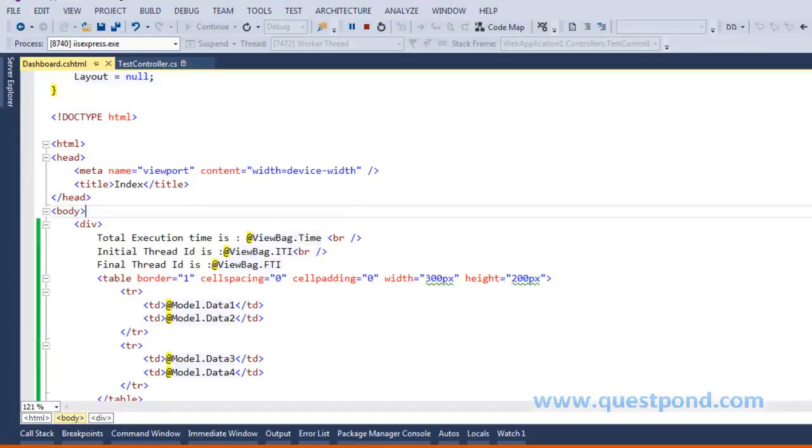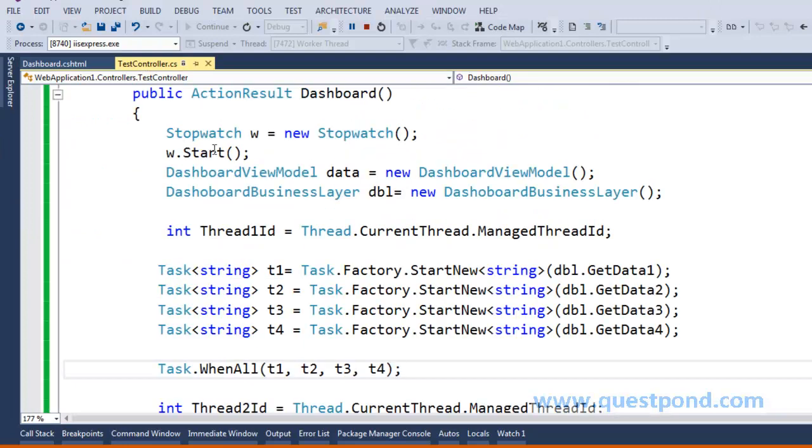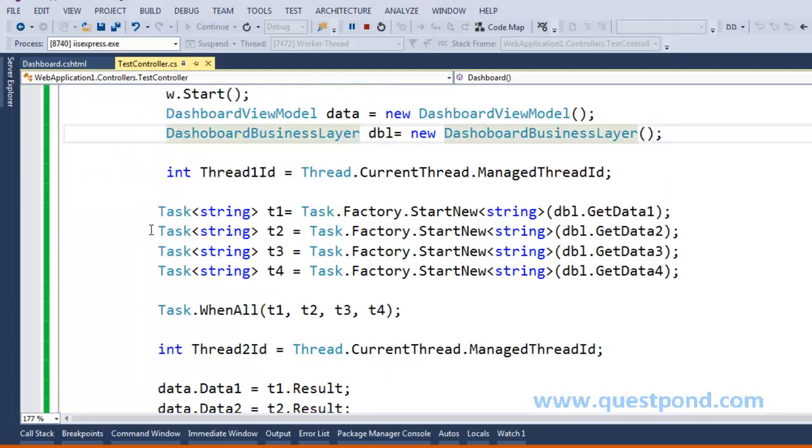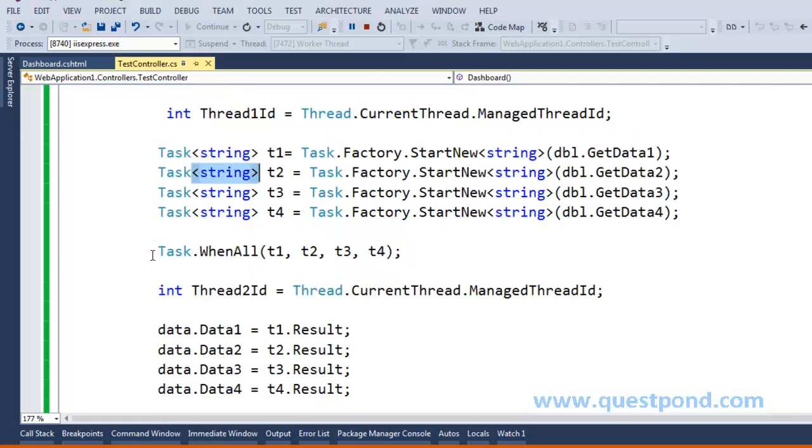Now let's go back to our code and understand it again. As I said, as soon as a user makes a request to any action method, a thread gets allocated for him from the thread pool. There is a thread pool in IIS. One of the threads will be retrieved from that thread pool and assigned to that request. That thread will start executing this code line by line, and when it reaches here, it will start creating new child threads. And when that main thread reaches here, it says I will wait until all my child threads complete their execution.